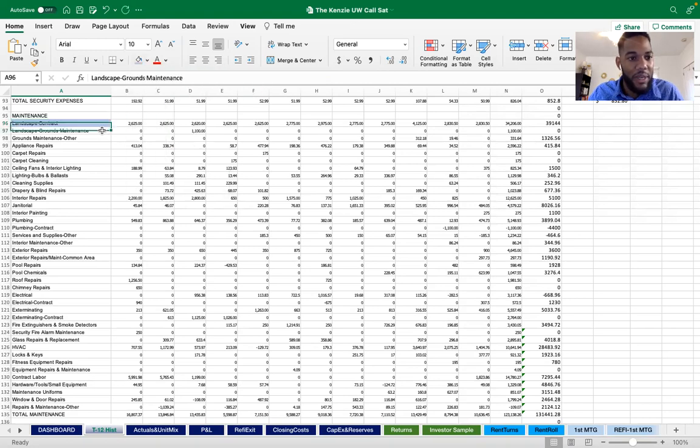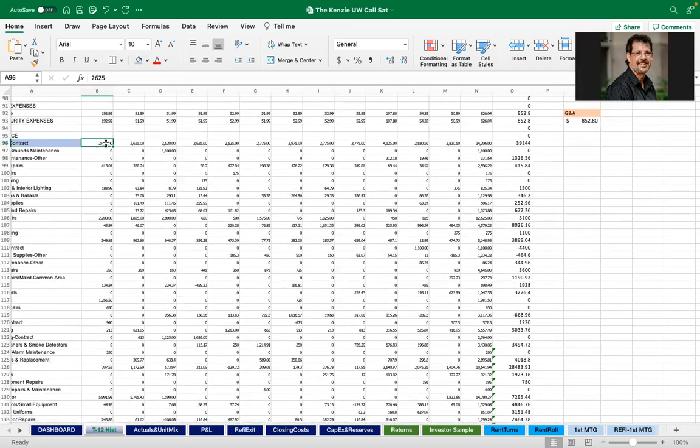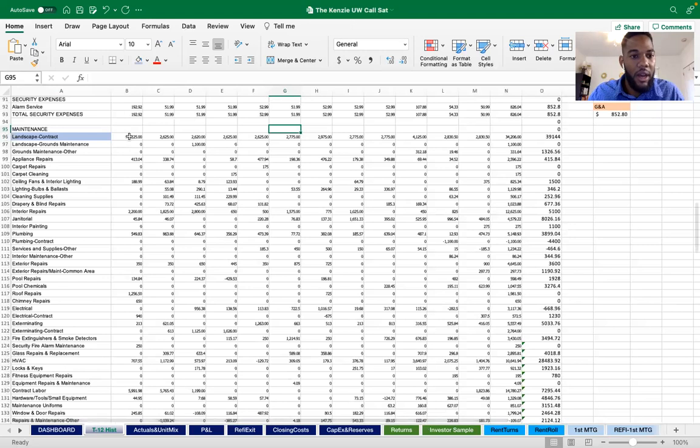So say that one more time. I think someone got it right. What is it? Services. There we go. I think that was Jeff. So yeah, absolutely right. This is a contract service. Jeff, would you mind telling the group why we would classify this as a contract service? It's a contract they made with a landscaper to keep the grounds up for a certain amount monthly. Yes, absolutely. It's reoccurring. Awesome. Anything else, Jeff? Why would we consider it as a contract service?